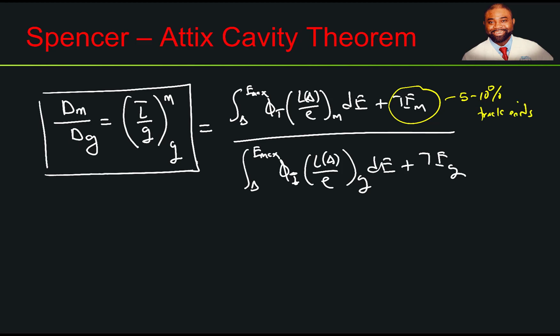In other words, it accounts for the dose deposited by electrons whose energy is below the cutoff energy, delta. Delta in this formula represents the lowest energy for which secondary electrons can be created in the walls of the cavity. So the whole idea is